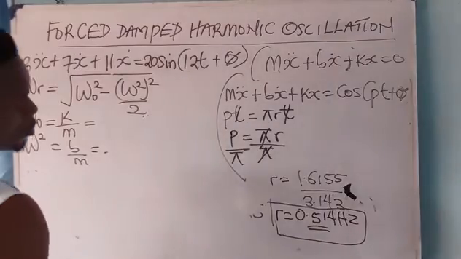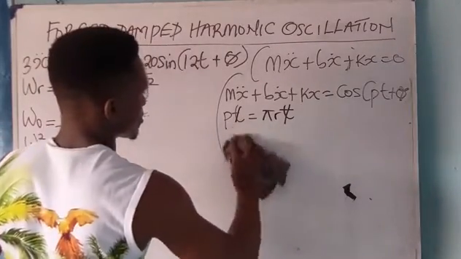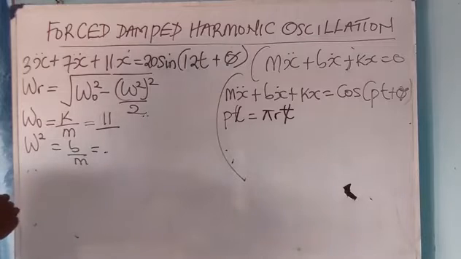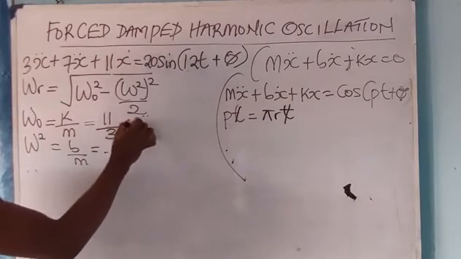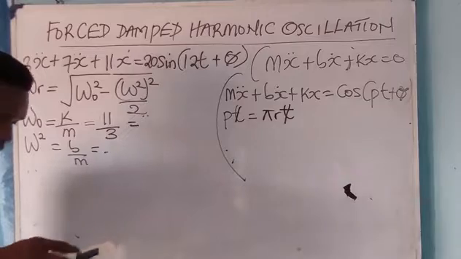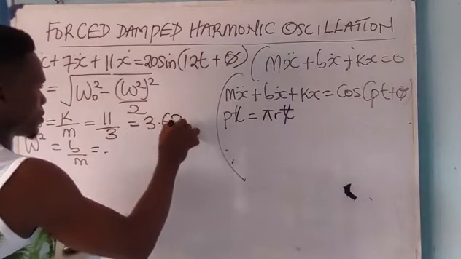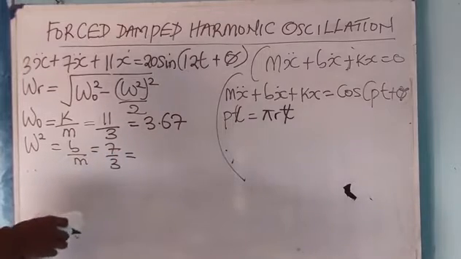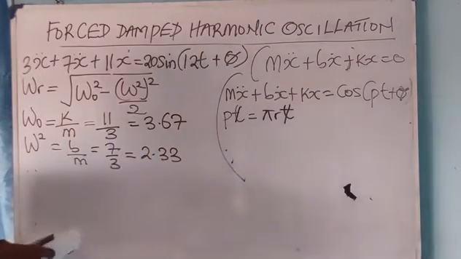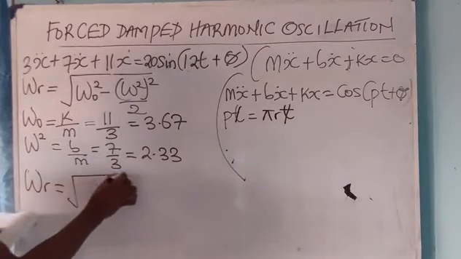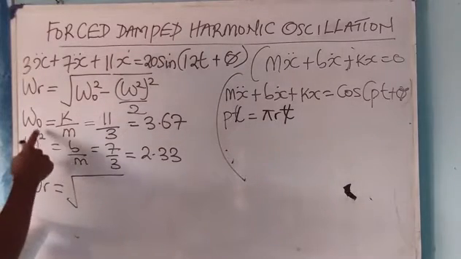So I'll rub off this one as well as this. So K from the question is 11, and you have M to be 3. So 11 divided by 3 equals 3.67. Now B is 7 over 3. 7 divided by 3 equals 2.33. It therefore means that our resonance frequency is equal to,